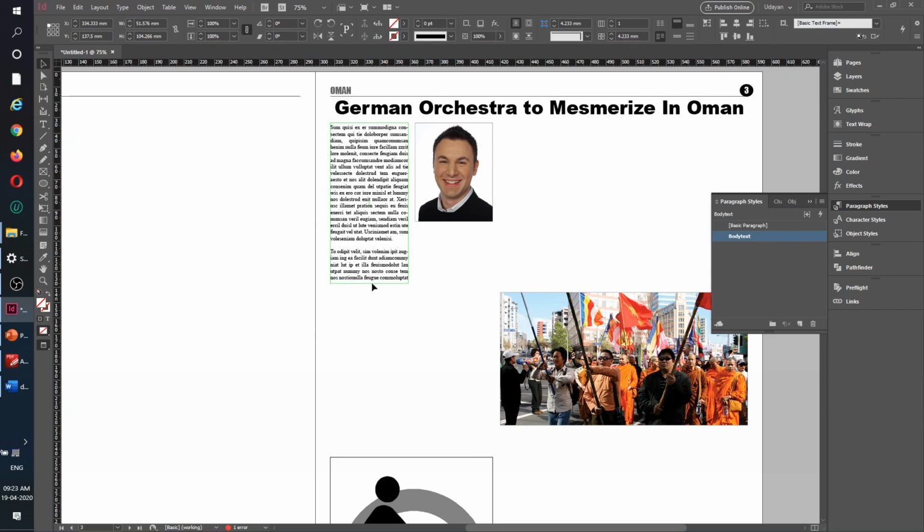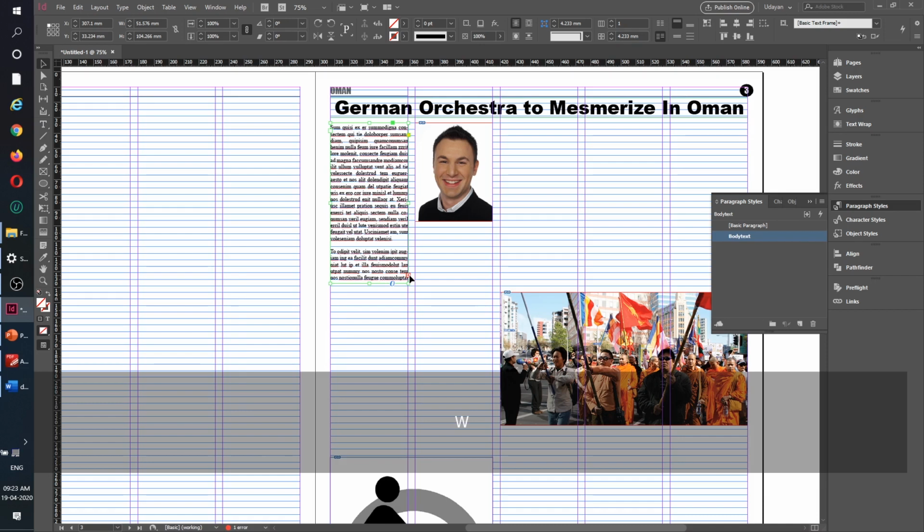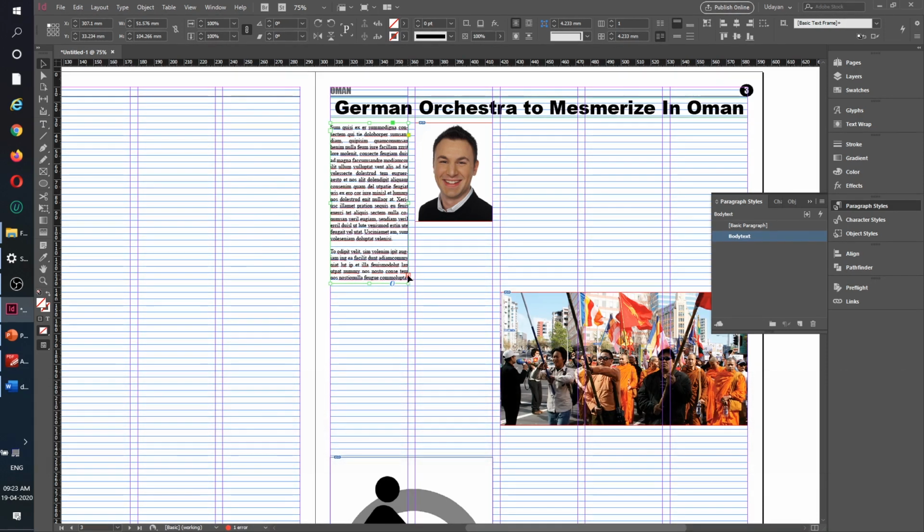Now since I've already made it like so I can always go to W and start filling the rest of the page. So I'll come here, maybe I'll start from here. I'm leaving a small gap there with only one intention, so that if I need to write a caption I can put it here, but it is somebody's mugshot. Okay, so I may not be using any caption as such, so I'll not leave space there. Okay, and we are good. Okay, I'll take it up from here and fill it in.